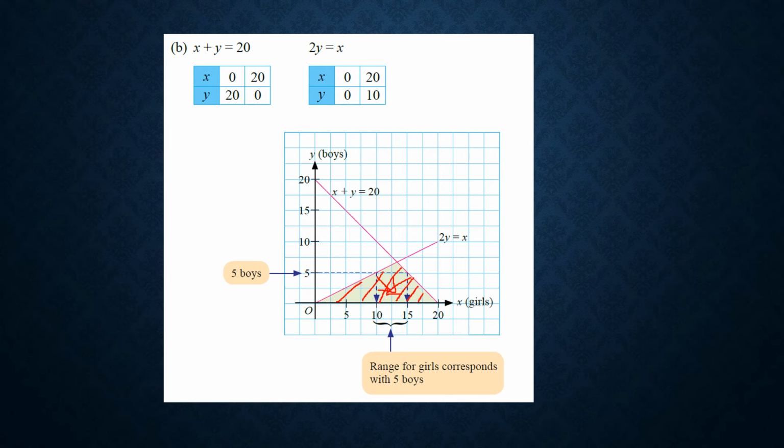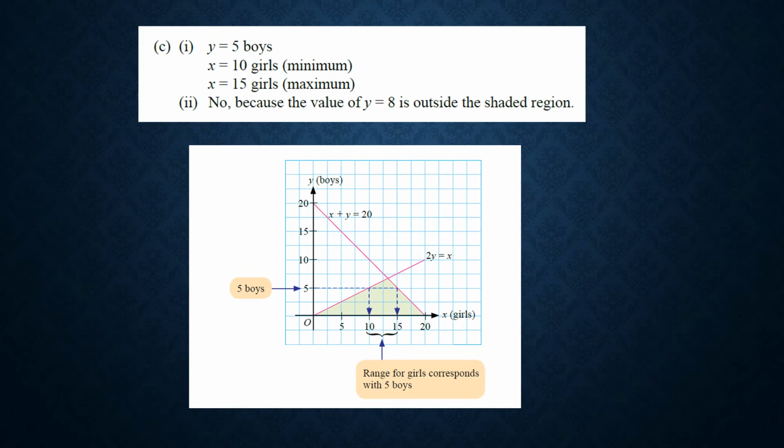Okay, the number of girls and boys must be positive. That's why it should be a positive region. Okay, next we look